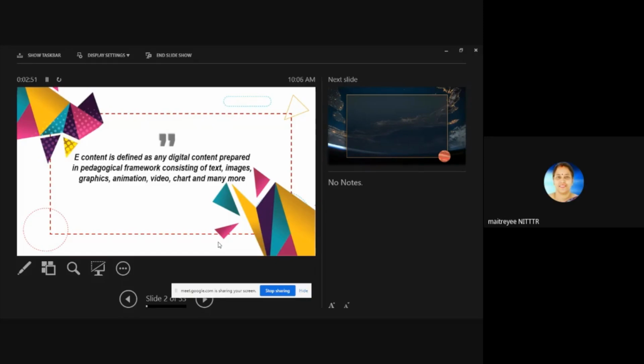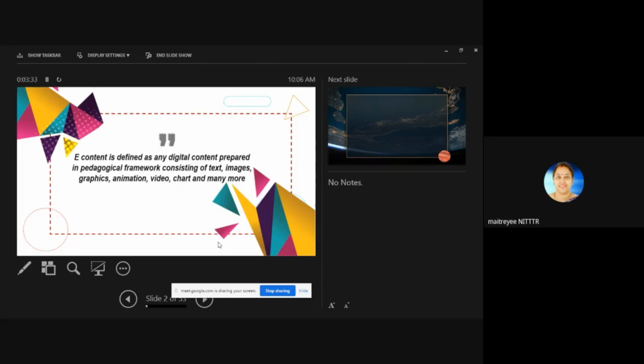That means you can create quizzes, you can insert video. Within the video itself, you can stop it and put in a question. For example, if the teacher is sitting online on the receiver side, then he or she can immediately give the answer. Such interactive e-content can be created with the help of DHTML. Nowadays MOOCs have been launched on the SWAYAM web portal. You all must be knowing about MOOCs, that is, massive open online courses.